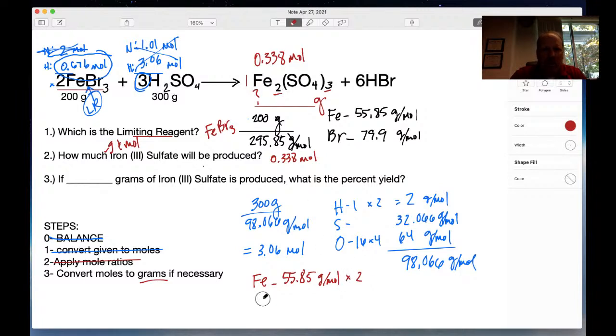And then SO4, we should do SO4 here by itself. So S and then O4 is 64. S is 32.066. And then 64. So the total SO4 is 96.06